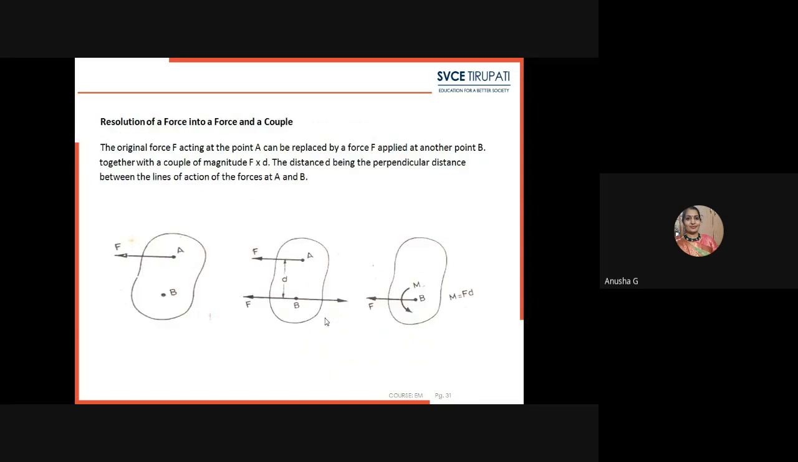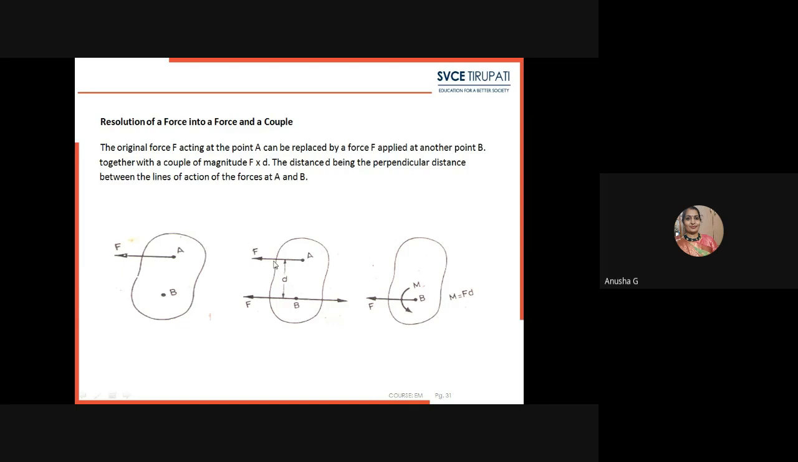Now you can see the resolution or resultant of force. This all will be the same. The original force acting at point A will be replaced with the force F applied at another point B. Here you can observe, taken together with a couple of magnitude, whatever force is applied